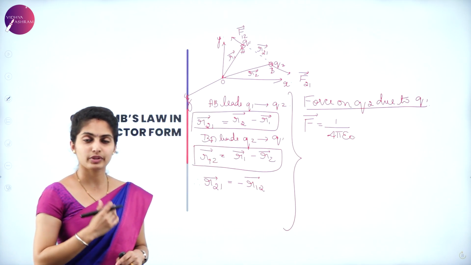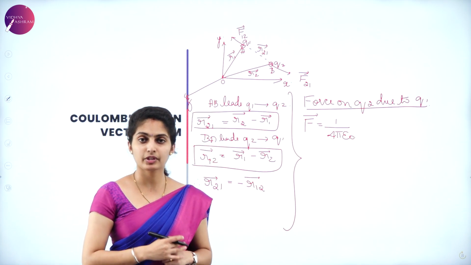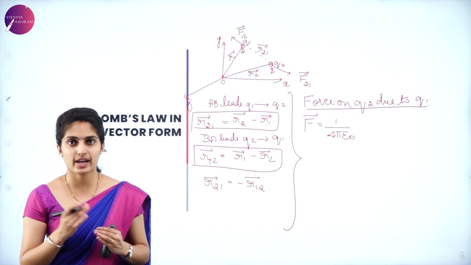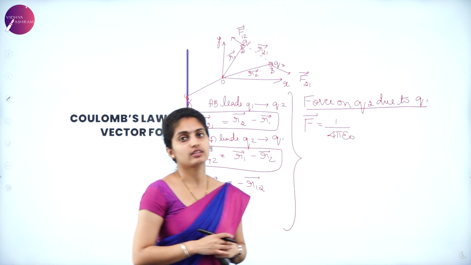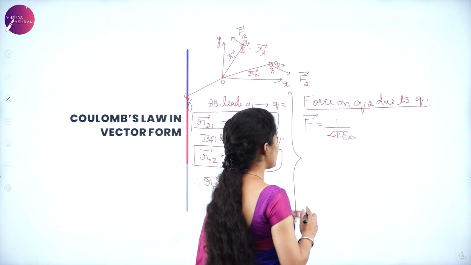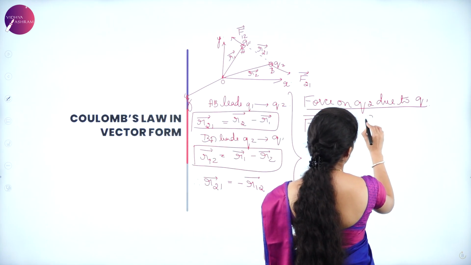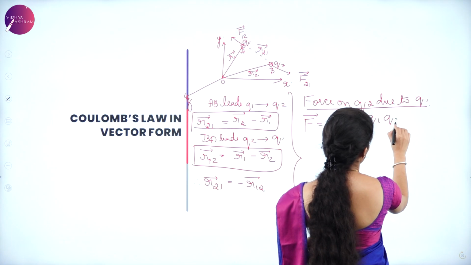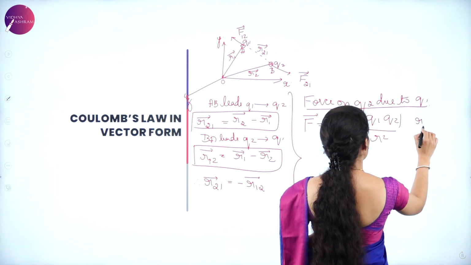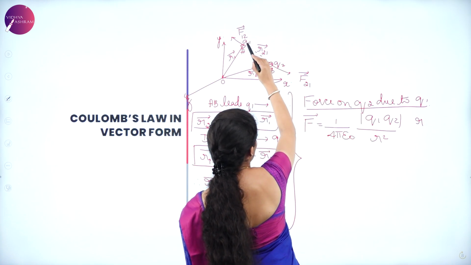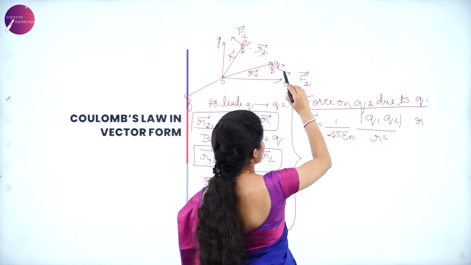Force is always said to be a vector quantity, because it has mass into acceleration, and acceleration is always a vector quantity. So 1 by 4 pi epsilon naught mod of Q1 Q2 divided by R square, and you have force on Q2 due to this Q1, so it is